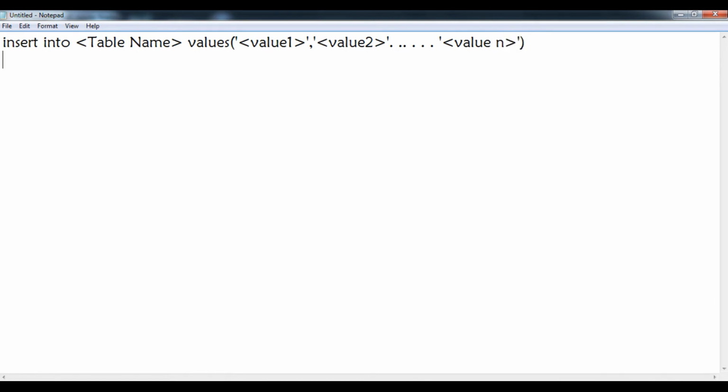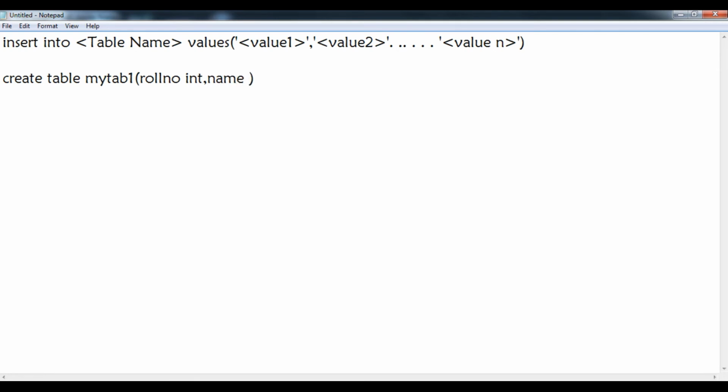I don't know what the value n is, but according to our command, I have created a table, that is create table. Here the table name is like my tab 1. Within round brackets, I have created a roll number, int type, that is integer type, number type.